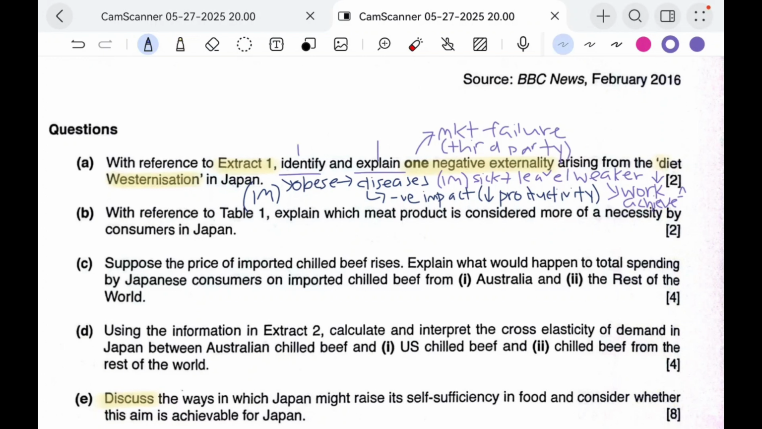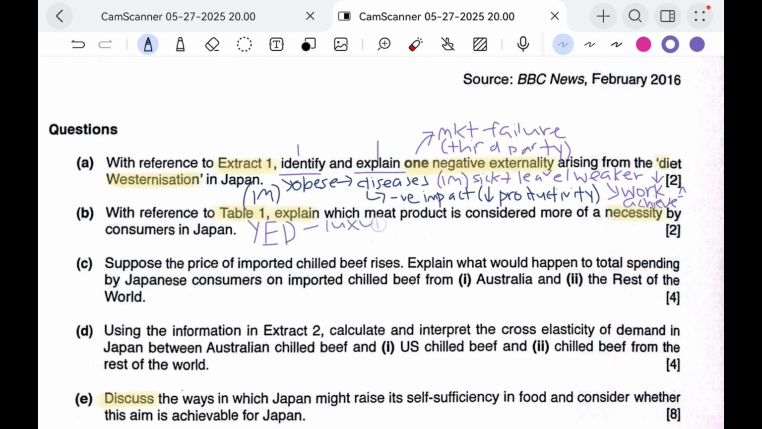Okay, then let's go to part 2. With reference to table 1, so again, very nice, they give you the reference. Explain which meat product is considered more of a necessity by consumers in Japan. So remember just now when we talked about table 1, it was about your YED. Then we talked about for the positive YED, there are different magnitudes, right? You have the higher magnitude, which is your luxury. In this case,